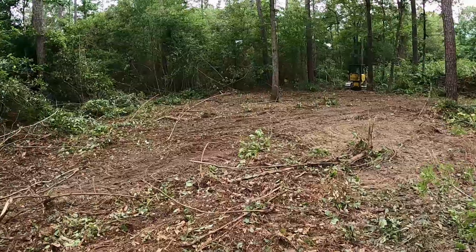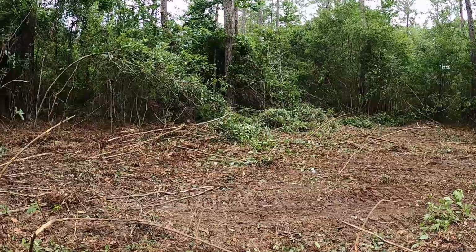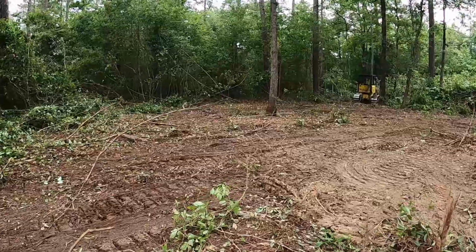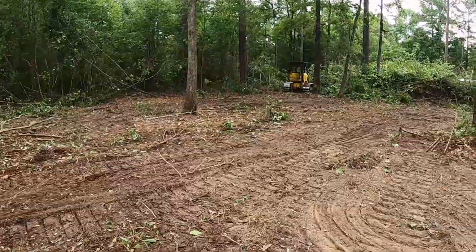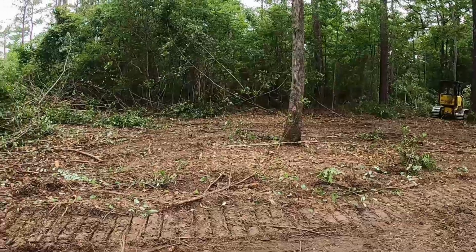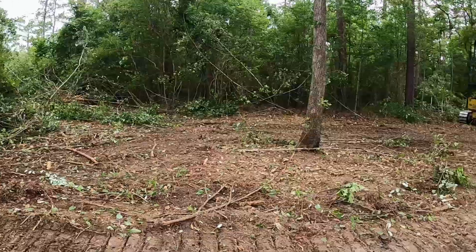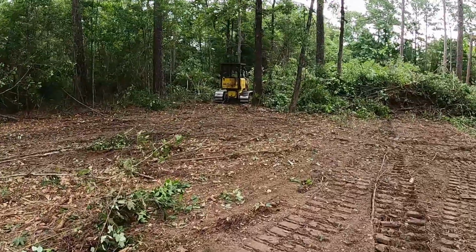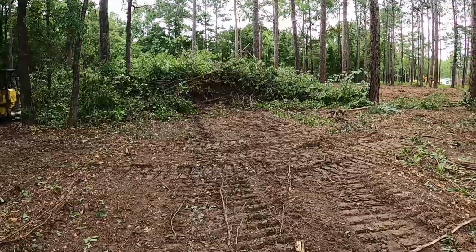We only had these two pieces of property here now. We've had them, I'm going to say, a total of maybe about 2 months since I purchased one parcel of it, and the other parcel I actually inherited from my father. Like I said, we've had them about 2 months now, and I want to go ahead and get them cleaned up